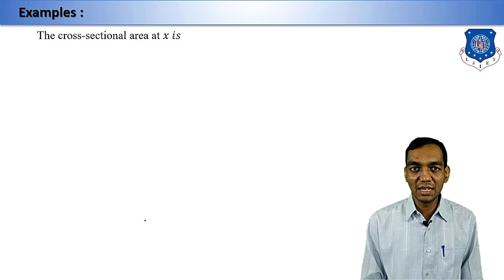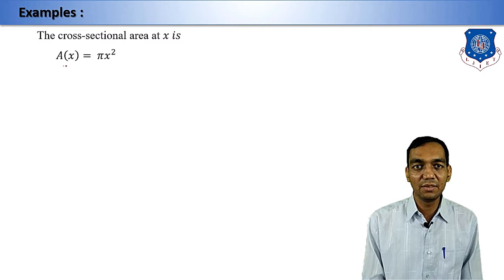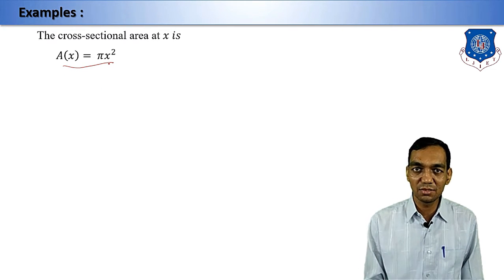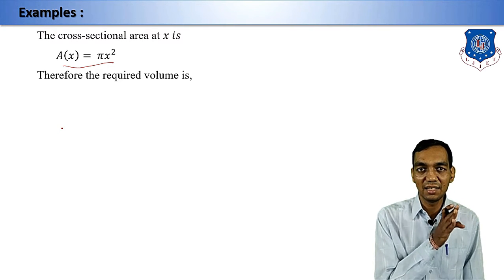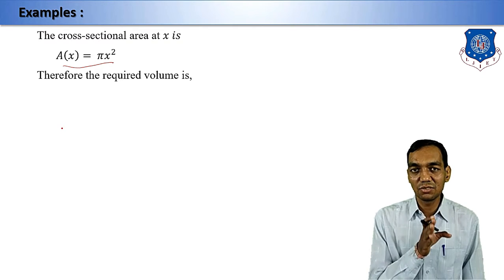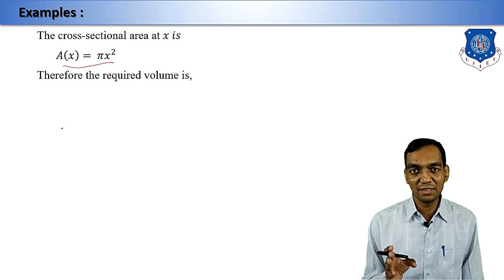So if you are going to start with a cross section area, then it is going to be A(x) is equal to pi x square, because area of a circle is pi r square and r is nothing but x. Okay. Now you have to find the volume. Then you have to find the volume from point 0 to 4, because your cross section is starting with 0 and the slicing is going to be up to point x is equal to 4.